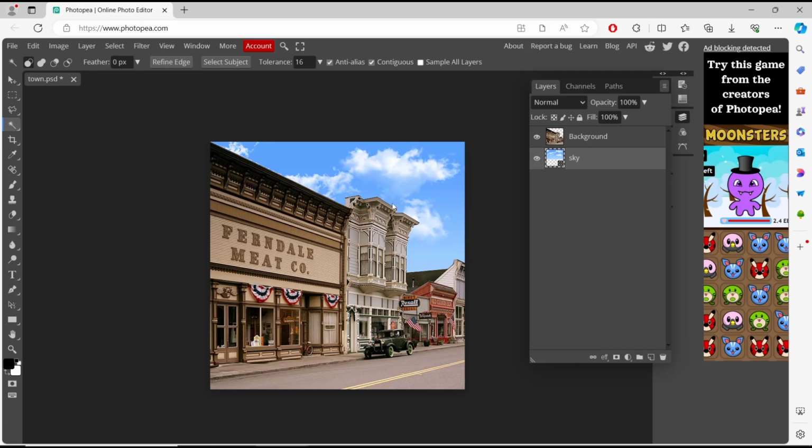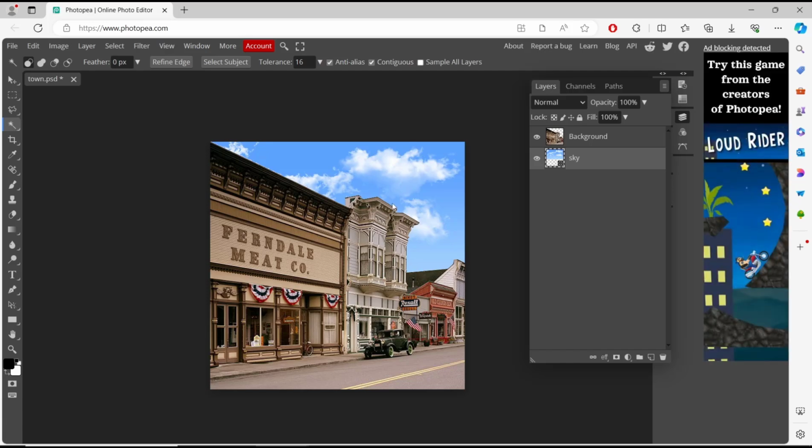So that's it for a basic Photopea tutorial: how to add